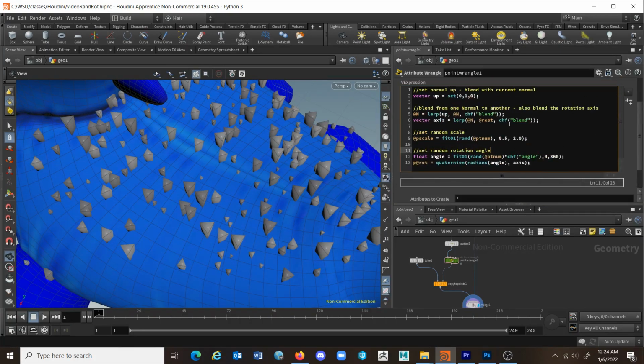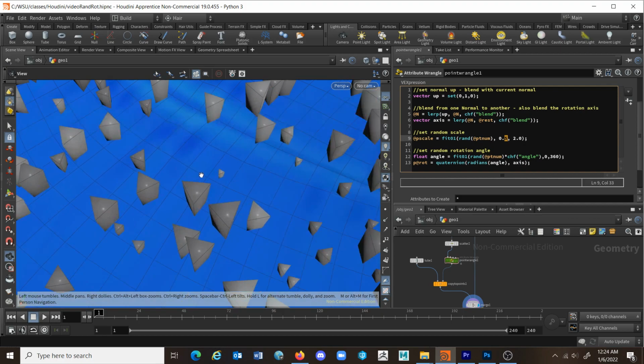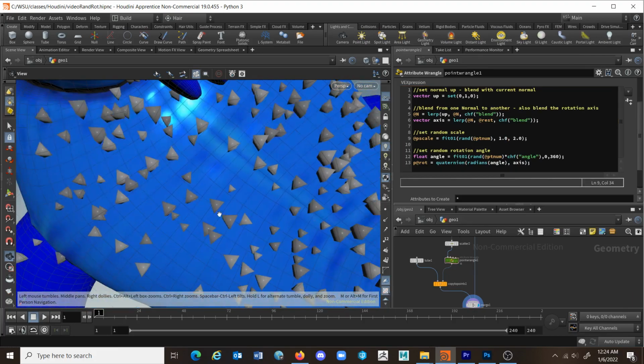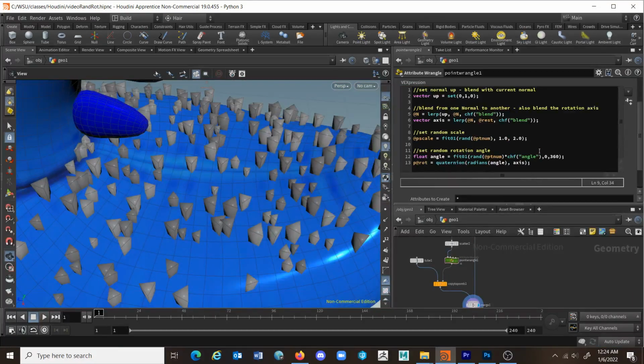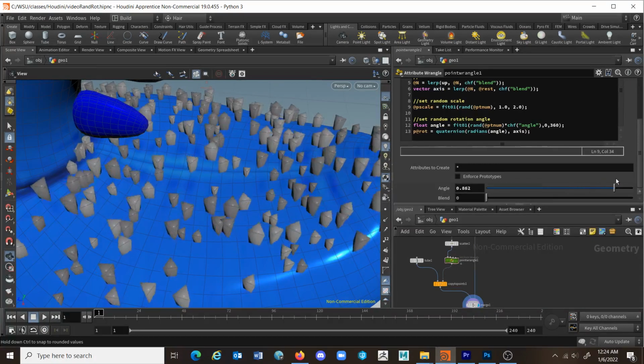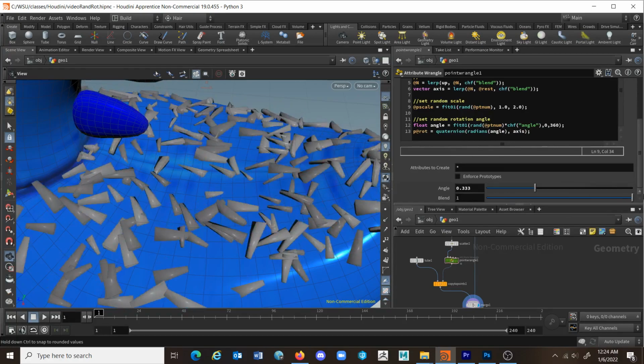We also have, and I can actually make some channels for this too, some random scales. So we've got a random scale where the smallest is 0.5 and the largest is 0.2. So actually we could take this and maybe make the smallest like 1.0, and we'll see some of those smaller pieces get larger. But again, we have a way to spin these, and then if we lay them flat,